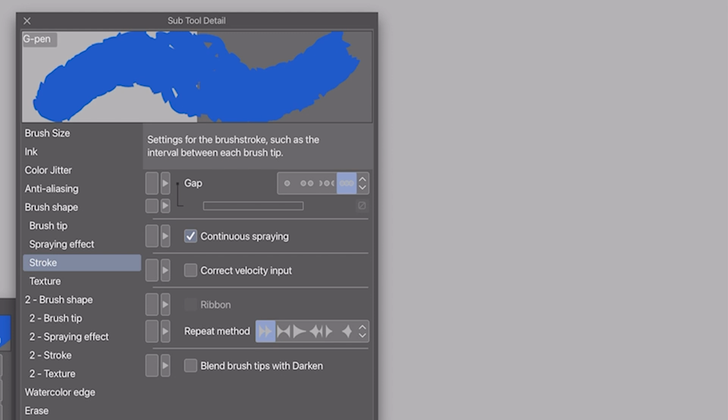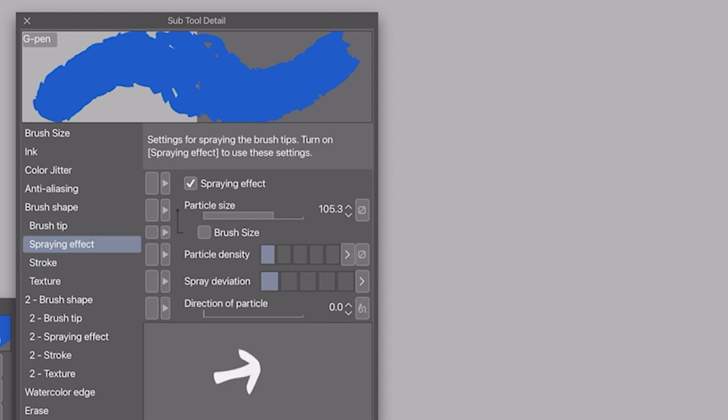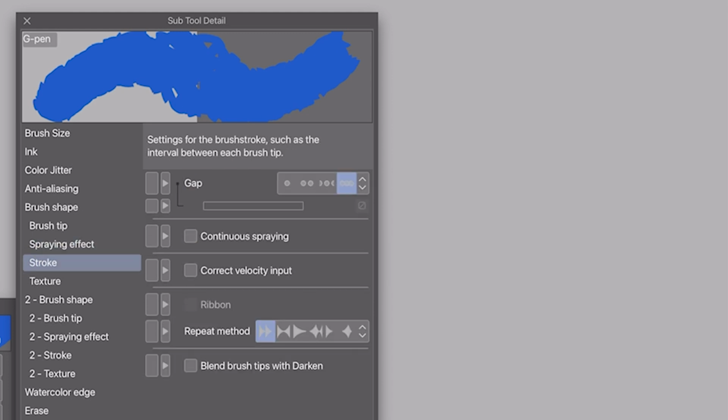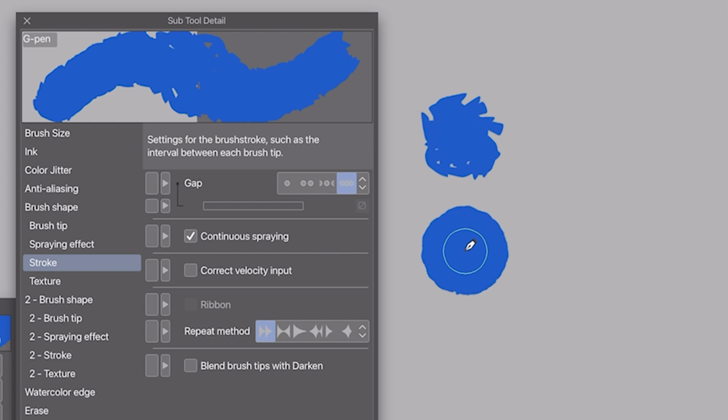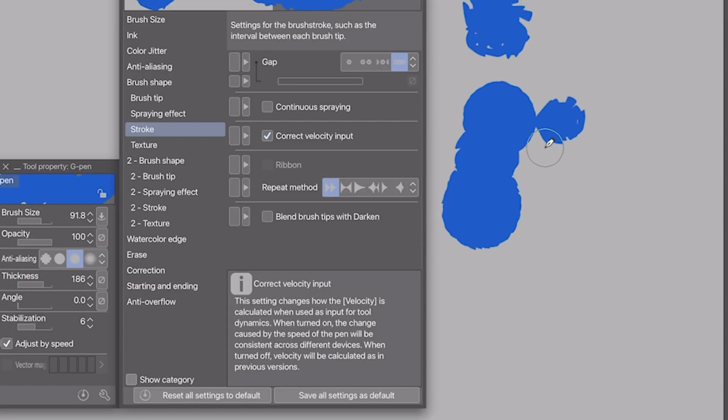The next one is continuous spraying. This effect is more noticeable with a spray effect turned on. So with it turned off, if I just hold and press my pen against the screen in a single place, it won't show anything unless I move the brush tip around. But with continuous spraying on, you can see it just keeps going. It'll just keep going. Correct velocity input,